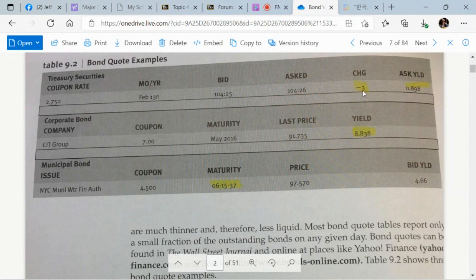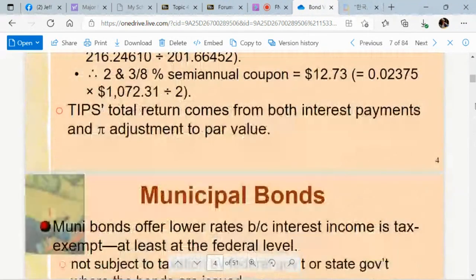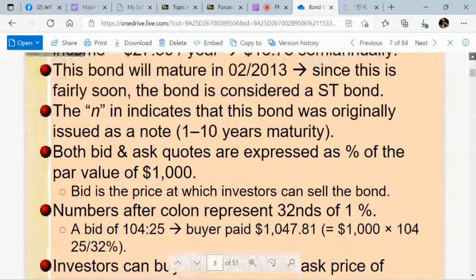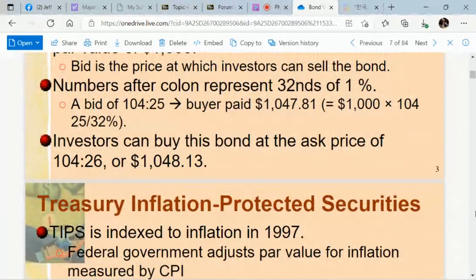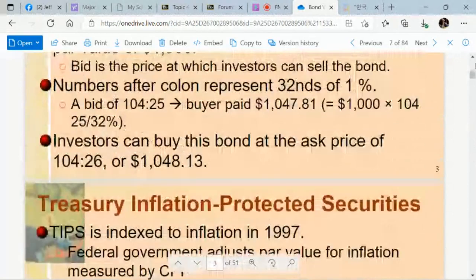Change is the change in price. Also, this is in percentage, okay? Change in price. And a 2.75% coupon rate means 2.75% a year, so half a year, semi-annually, 1.375. Where is that? I believe I put something about the change here. Anyway,